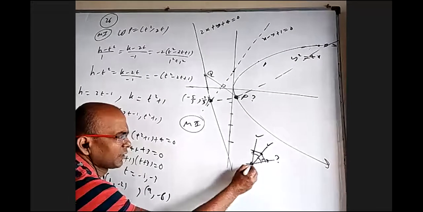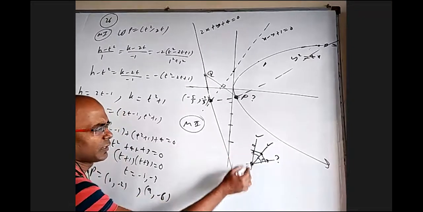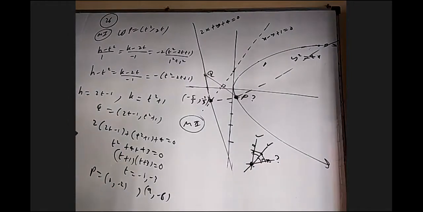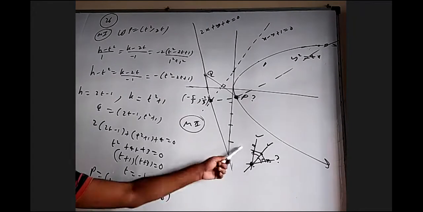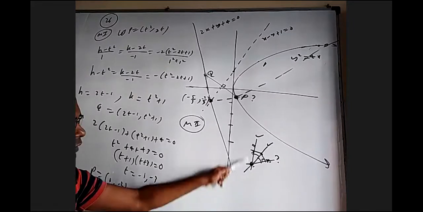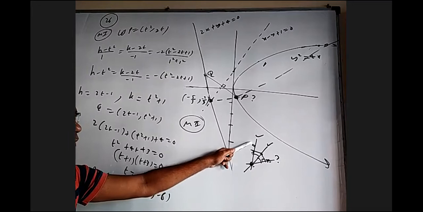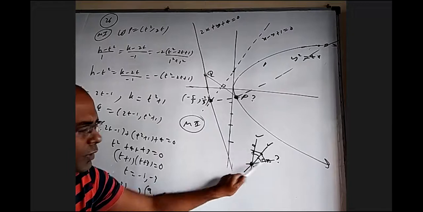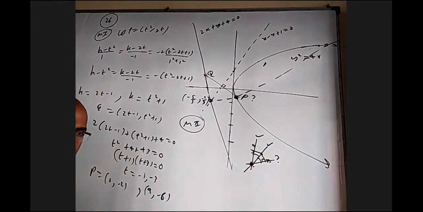You know one point here. Somebody can, by trial and error, take another point here, find the image of that, and you'll get one point here. You know 2 points on a line, so you can find the line equation also. After taking L1 plus lambda L2, we can also take the slope. Otherwise, I'm saying, you know one point, take one more point on the given line. You can easily make out some one point. Find its image with respect to the mirror line, and we'll get one more point. You know 2 points on a line, so you can find the line equation.